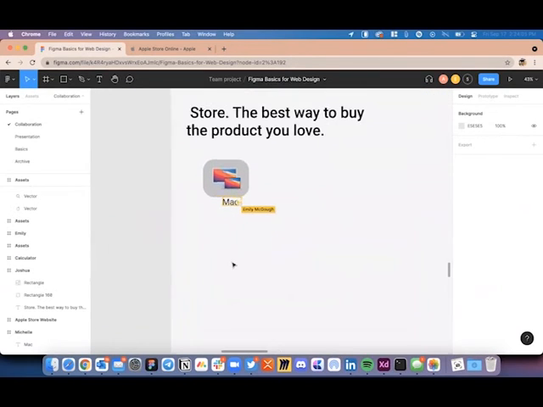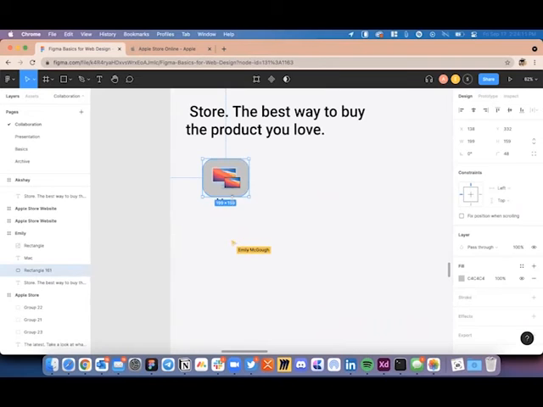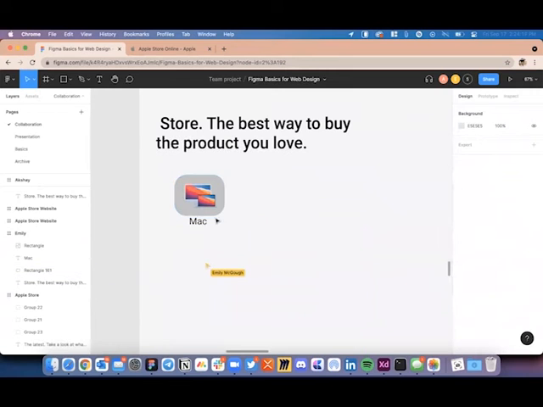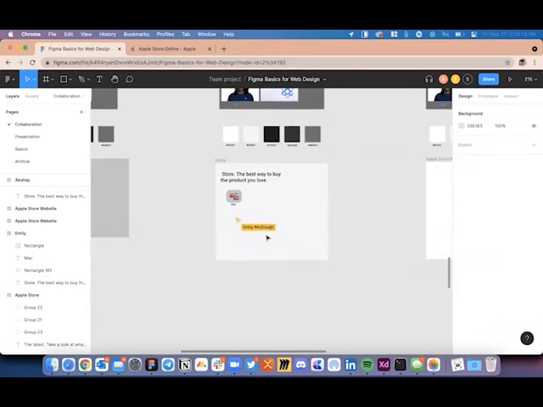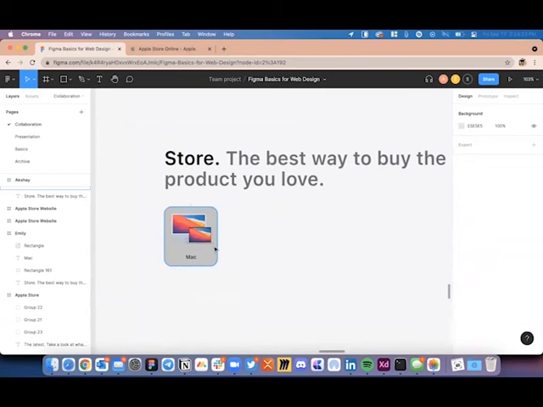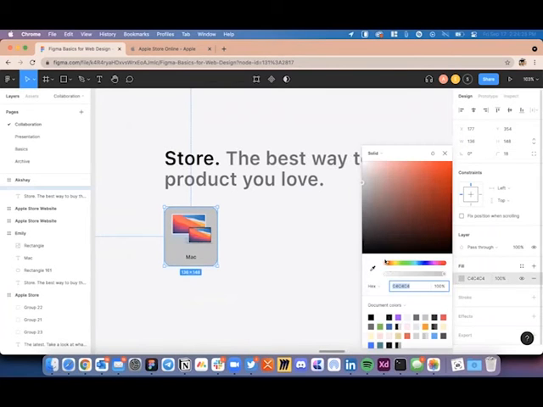And for Emily, I think the only thing Emily needs to do is to increase the height like this. I'll undo it so you can do it. And then the text should be inside that box.